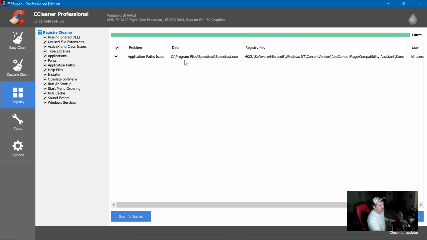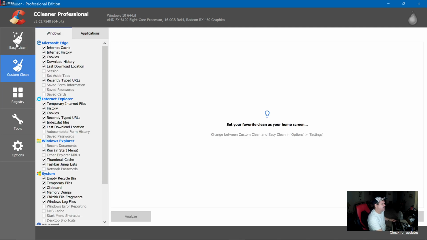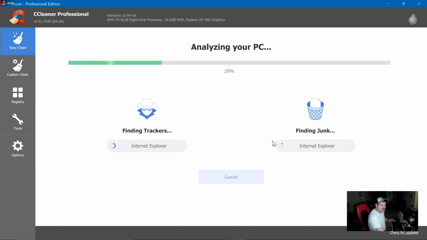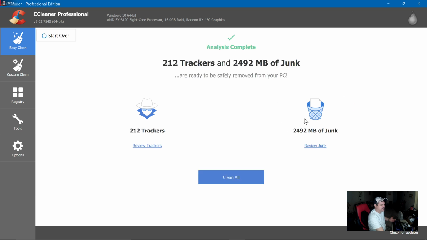So application program file, speed test, execute, Microsoft, and so on. Anyway, I can get rid of that. Not going to right now, but then there's the easy clean, and it cleans all your junk files that are on there all the time. See, it tells you how many trackers, how much junk you have,